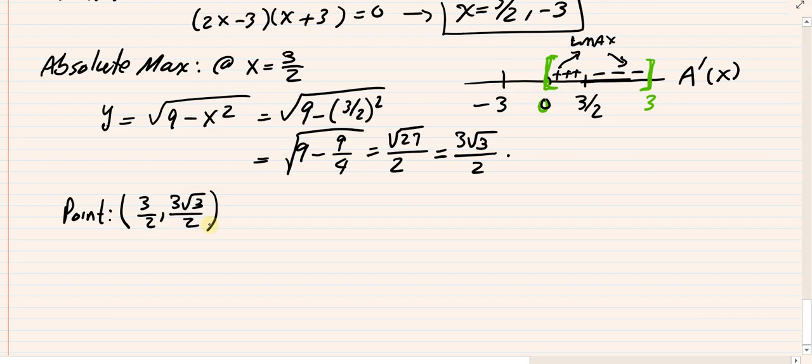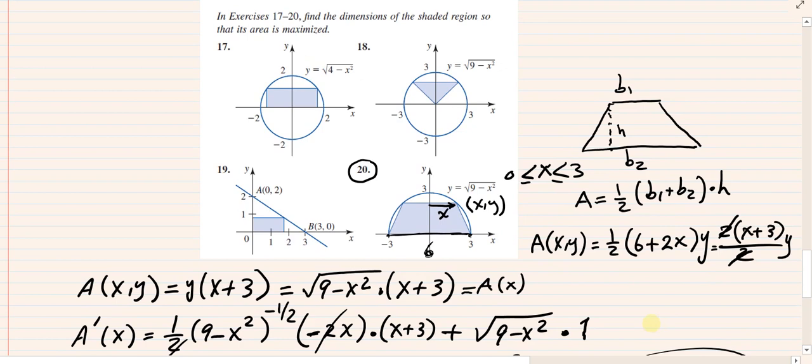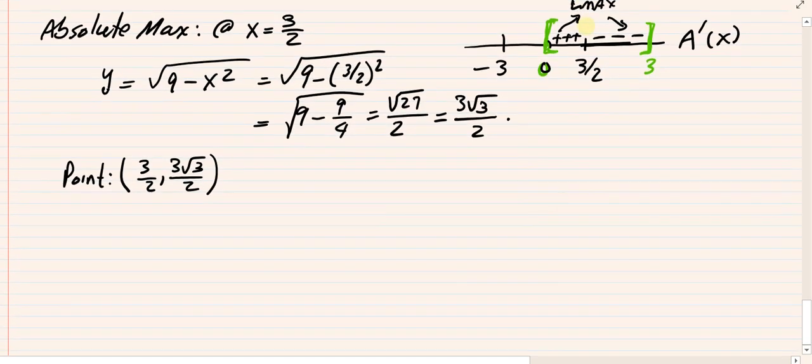So the question again asks about, what did they ask specifically? They said find the dimensions of the shaded area or shaded region. So the dimensions are therefore